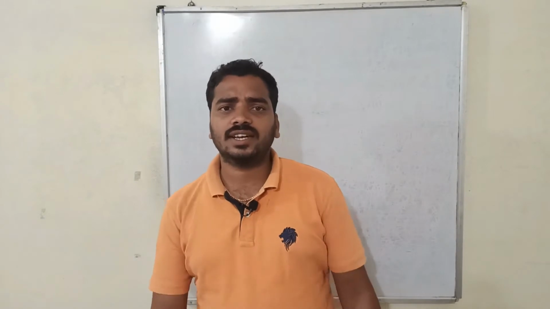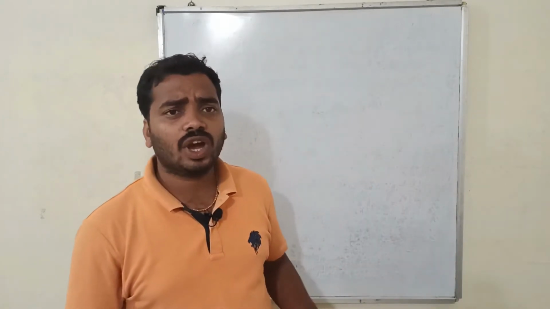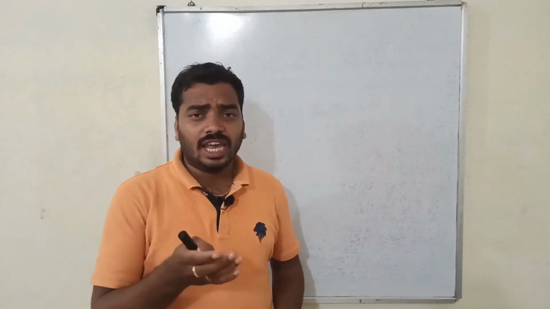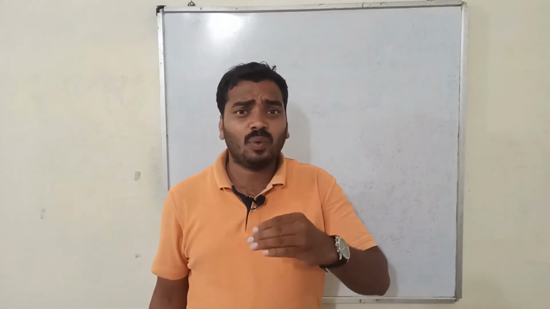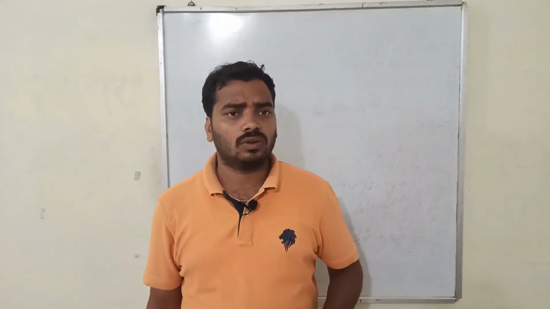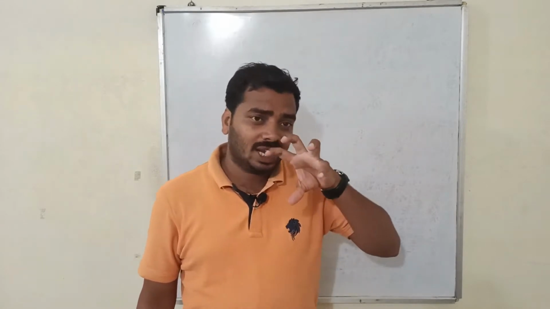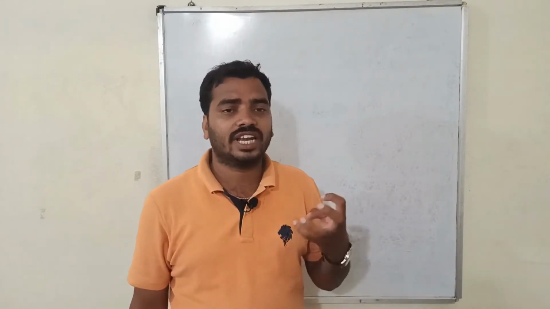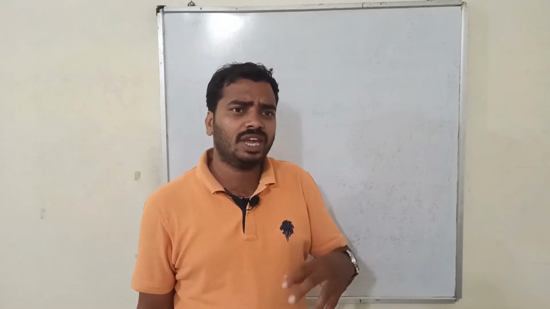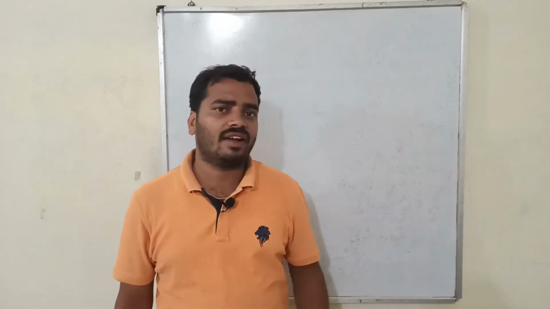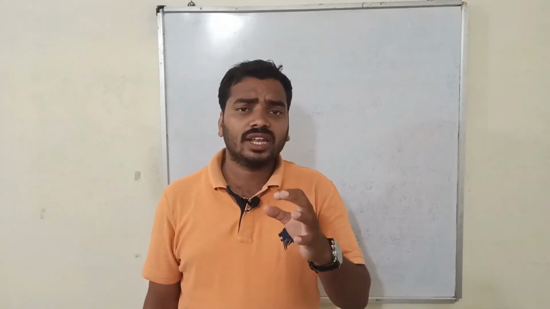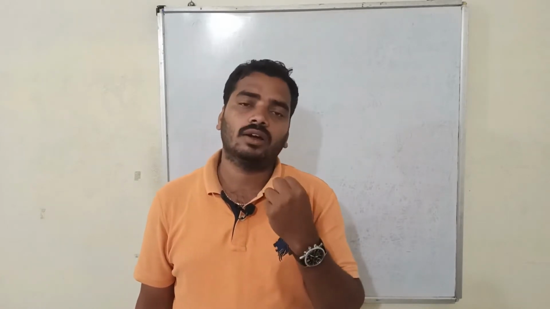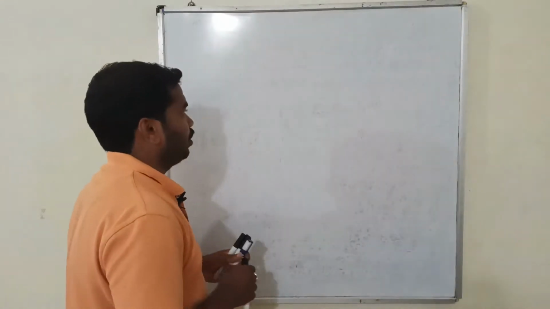Hello children, welcome back. Today we are going to discuss what information we are going to get out of the chemical equations. In the previous lecture, we discussed what exactly we indicate when a gas is evolved, or when energy is evolved, or when a reaction involves a heating process. All these processes can be indicated in an equation. That's what we learned in the previous session. In this session, we are going to know all the information we get from a chemical equation.